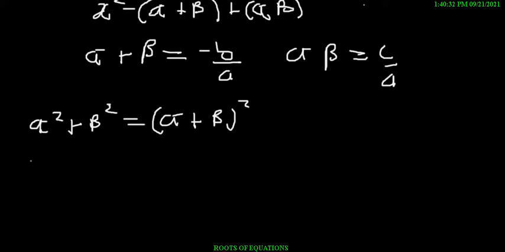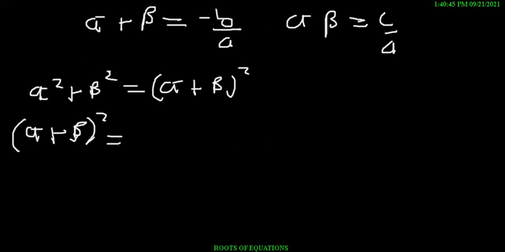And we say, okay, alpha plus beta squared is equal to, so this will expand, it's going to be alpha squared plus 2 alpha beta plus beta squared,